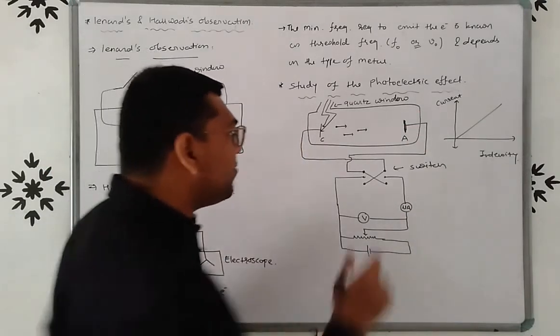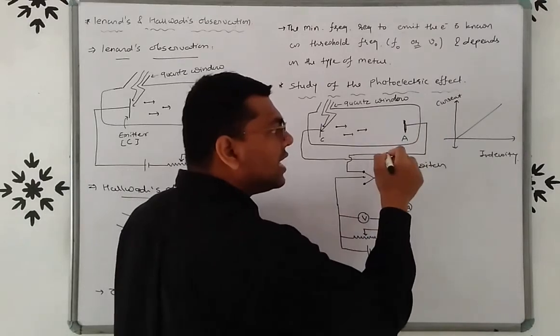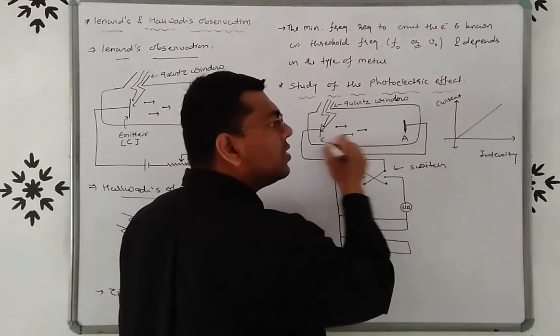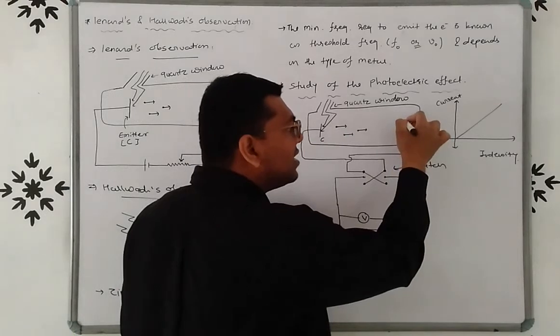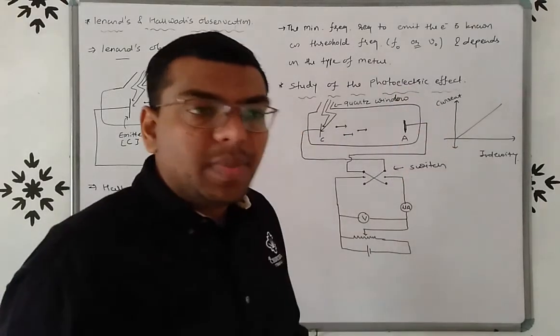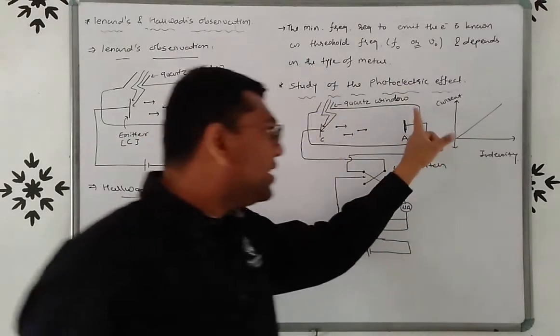So if the repulsive force increases, then the electron cannot easily travel towards the collector, because જ્યારે તમે ફ્રેન્ડ્સ પોટેન્શિયલ